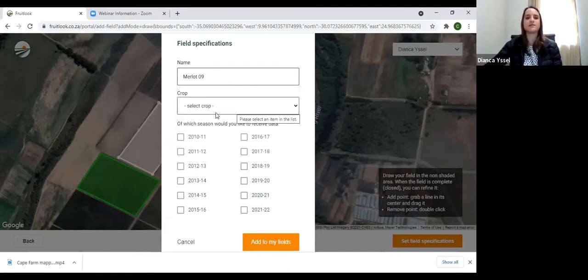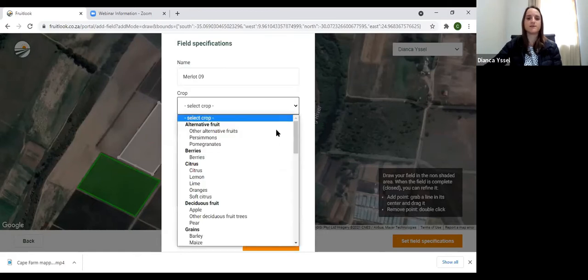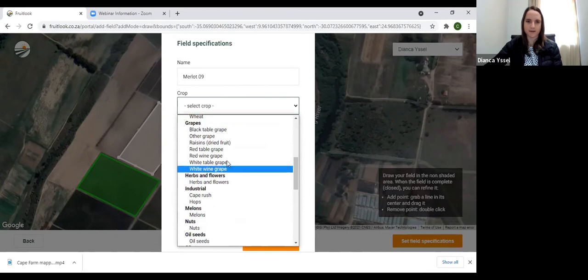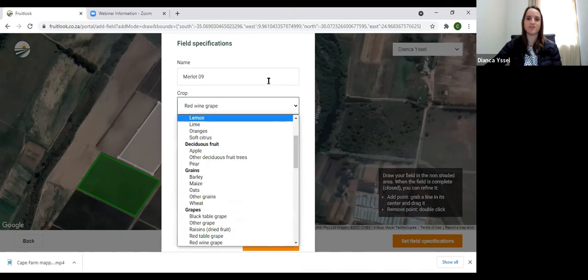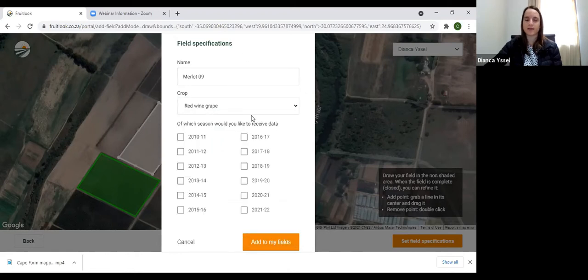And then you're going to select which crop type is in this block. We have our list here, and in my case I'll say it's a red wine grape. Now, if you don't have a particular crop type in this list, or something that doesn't match what's in your block, you can literally select anything here. The main thing is that the information you capture here is for you to be able to identify